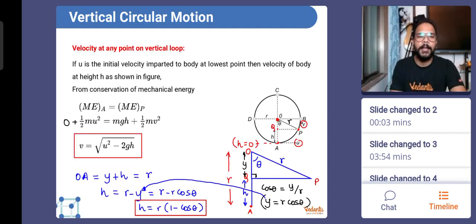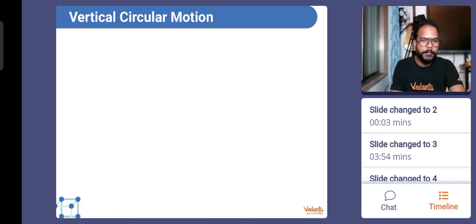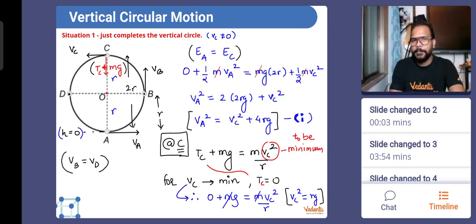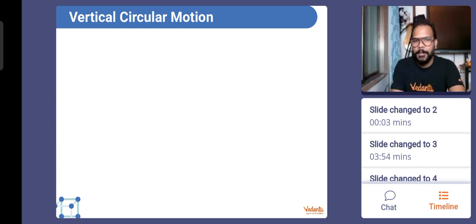यही स्लाइड थोड़ी है, जो है क्या? टेंशन ही जीरो होता है, टेंशन जीरो होता है। जिसमें टेंशन जीरो होता है वो वाला स्लाइड, ये वाला पार्ट। वेट नहीं जीरो होता, टेंशन जीरो होता है उस टाइम पे। ये जो टॉप मोस्ट पॉइंट है ना, यहाँ पे टेंशन को जीरो किया था, और एमजी जो है वो एमवी स्क्वायर बाय आर के बराबर हो गया था।